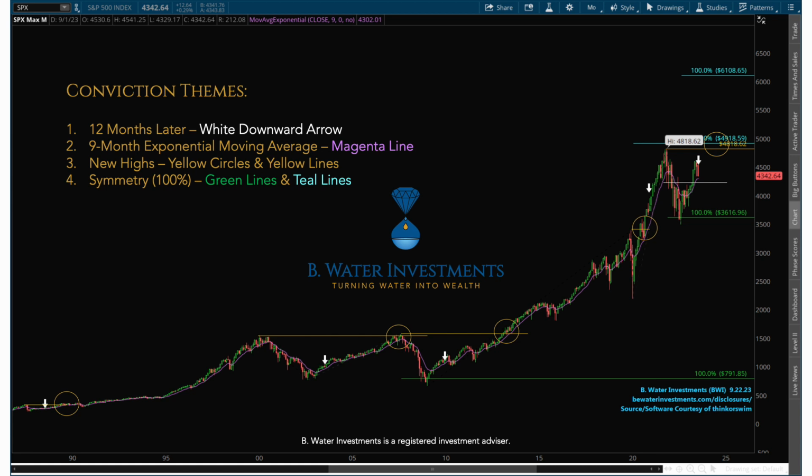Let's see if I can convince you a little more through the next segments. I know that charts aren't sexy and that nerds like to geek out with themselves, but this is your money. And I look at these prices, these charts, every day to interpret the path of least resistance. And right now, Be Water Investments believes, based on this analysis, that we should have conviction themes in our mind and know what to look for. So we now know what to look for if we ever see a 9-month exponential moving average against the S&P 500 and what it implicates. Let's see what else we can find out.